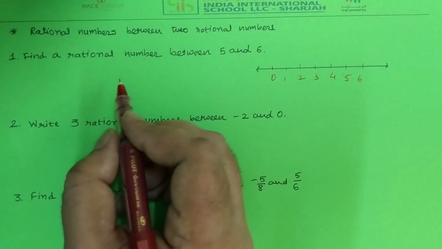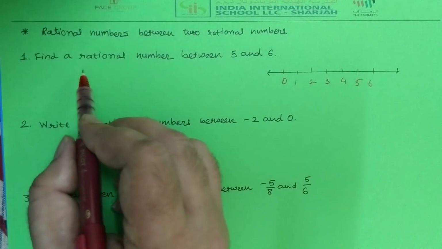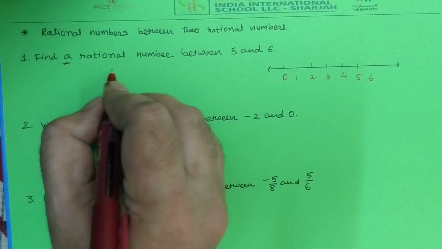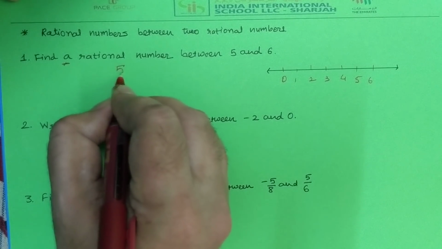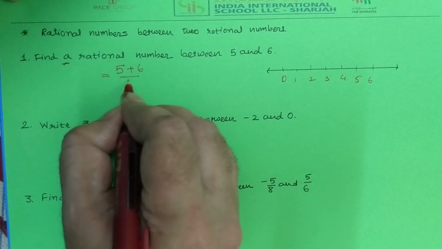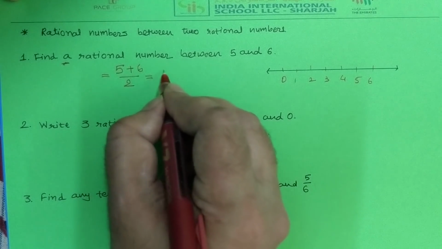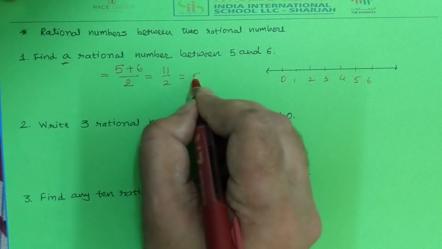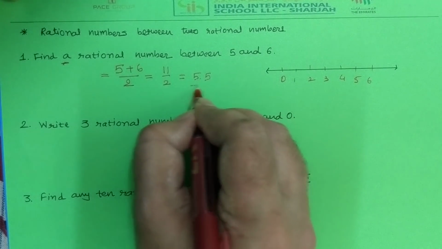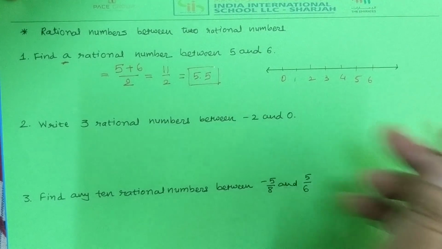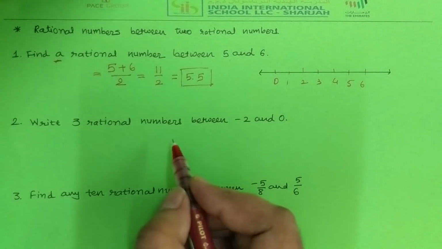So if you are asked only a single number, then we will write the average of the 5 and 6. So 5 plus 6. What is 5 plus 6? 11. Divide by 2. So if I write 11 divided by 2, then what is it? Yes, it is 5.5. So here 5.5 is the rational number between 5 and 6. But what if they asked more than one number